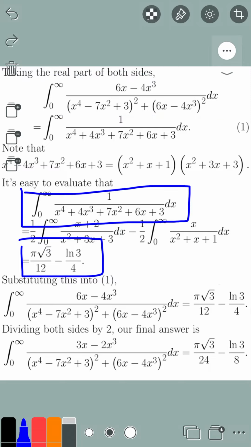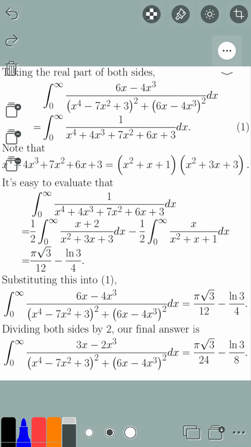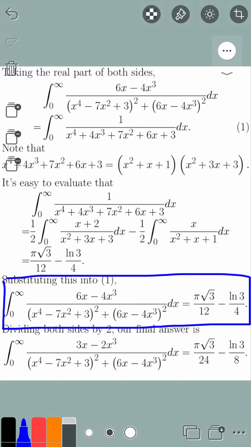Alright, so we get the integral from 0 to infinity of (6x minus 4x cubed) over (x to the fourth minus 7x squared plus 3) squared plus (6x minus 4x cubed) squared dx is equal to pi times square root of 3 over 12 minus natural log of 3 over 4. And now dividing both sides by